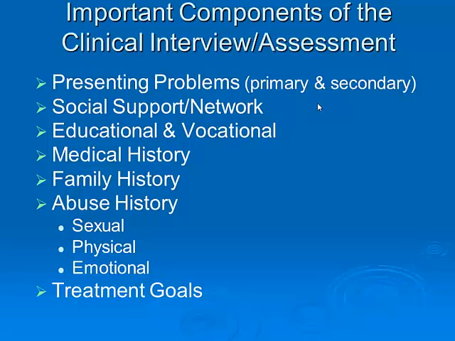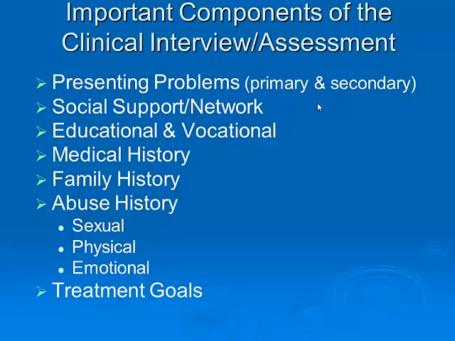Additional areas that you might want to inquire about is a typical day. I always ask the client to tell me what a typical day is like. How do you spend your day? On most weekends, what does that consist of? Again, that gives you information specific to their social network, meaningful relationships and interactions. So, as it relates to the social support network, pay particular attention to the typical day and how they spend their days and how they spend their weekends and what do they do for fun and pastime.